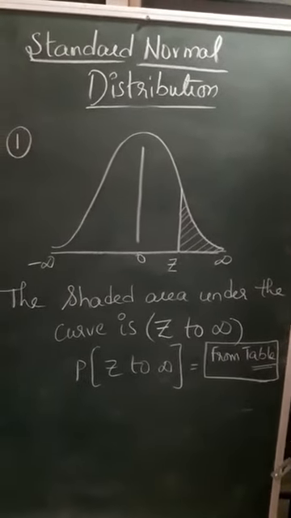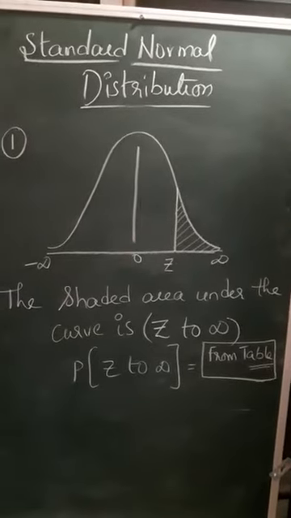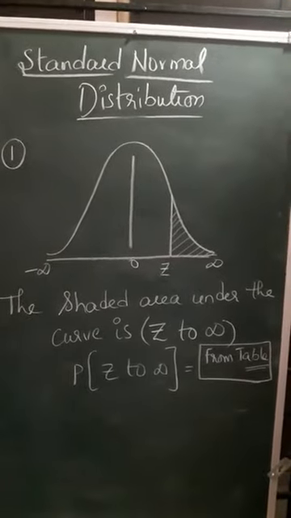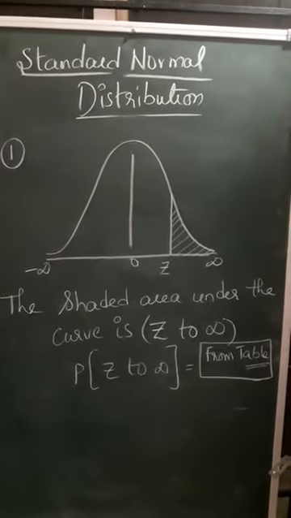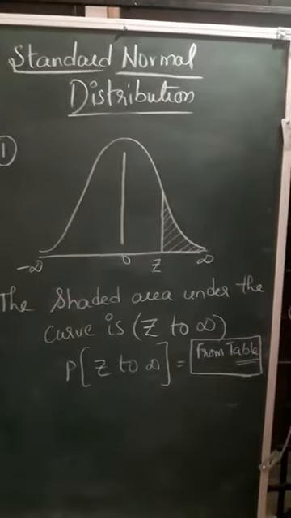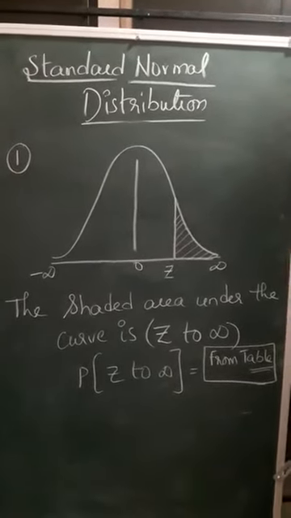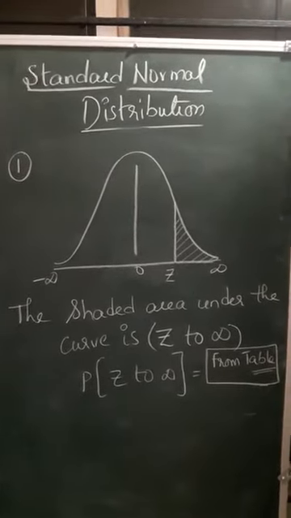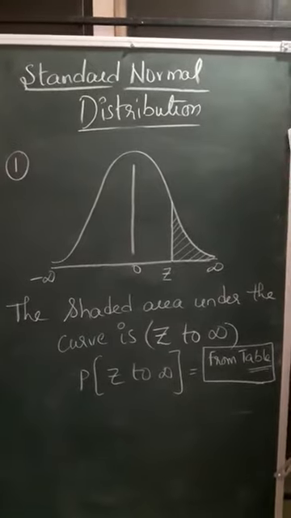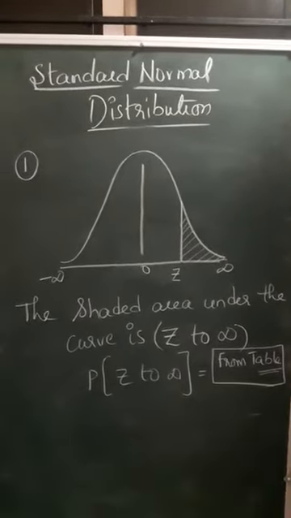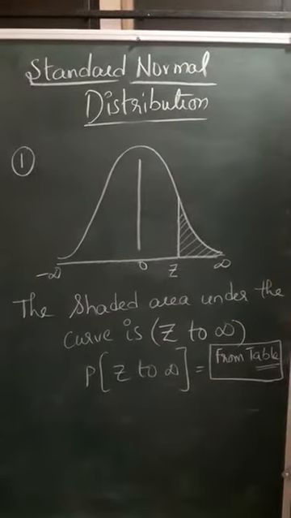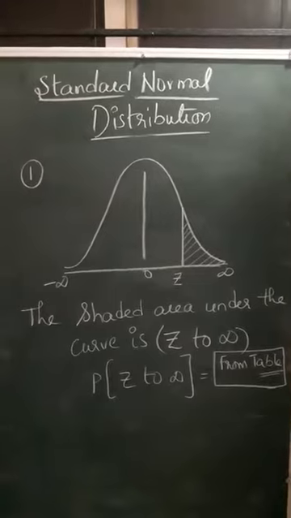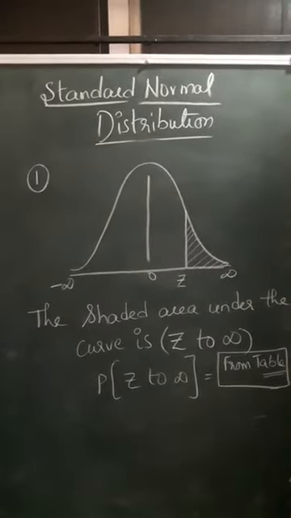The area I have shaded here, the shaded area under the curve, is z to infinity, exactly the positive z to infinity. The area has been shaded, right? Always in a normal distribution problem, we are calculating the z value and then plotting that z value in a normal curve, depending upon the inequality term, greater than or less than. Now that z to infinity, always we need to calculate the shaded region in a normal curve.